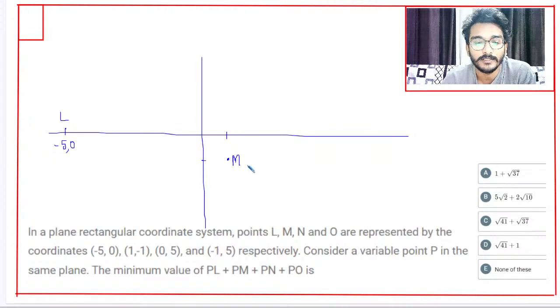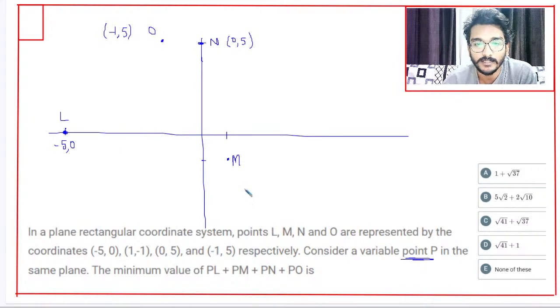0 comma 5, somewhat here. That's your 0 comma 5 and minus 1 comma 5, somewhat here, L, M, N, O. So these are the four coordinates given in the question. We have to find a particular point P such that the sum of all the parameters is minimum. So the concept here is, remember this thing,